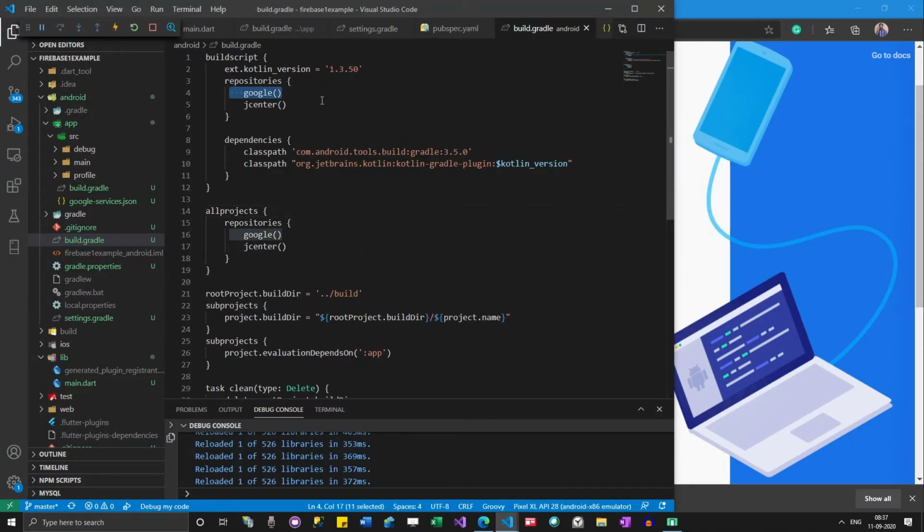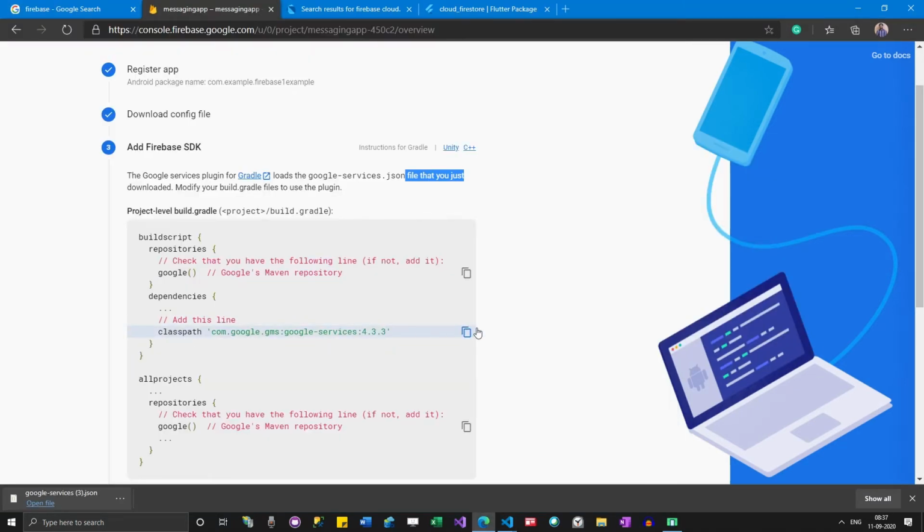Google is already loaded here, and if you go to dependencies, we have this path which I need to copy.